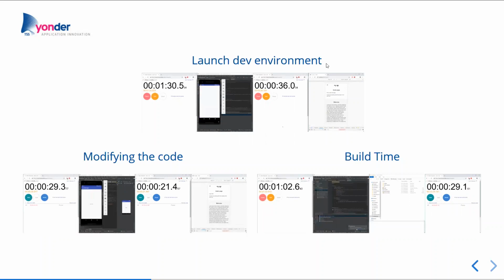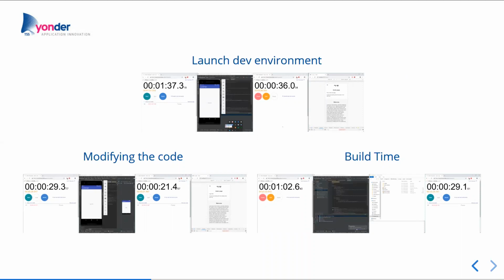Practically what we have built here is a small basic application. On the left, we have a native Android app. On the right, we have a PWA with practically the same end result, but it's a different development environment. What we wanted to see is, at least for this basic example, which could scale, is this thing